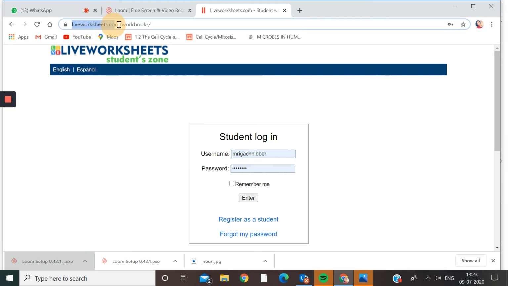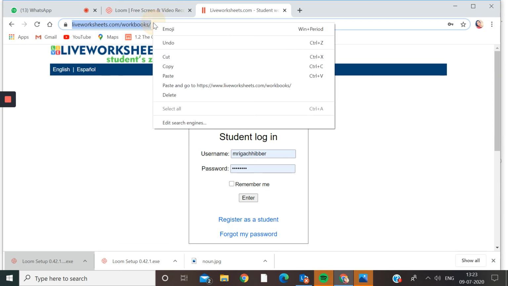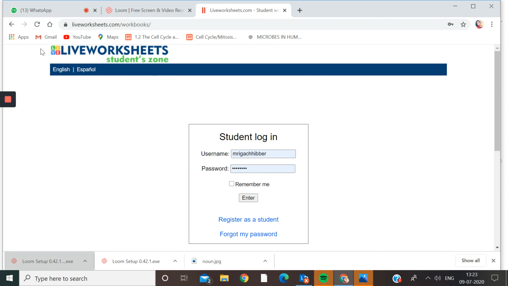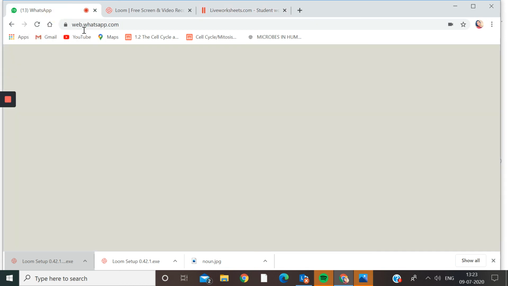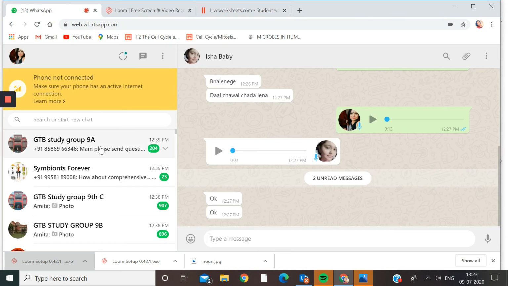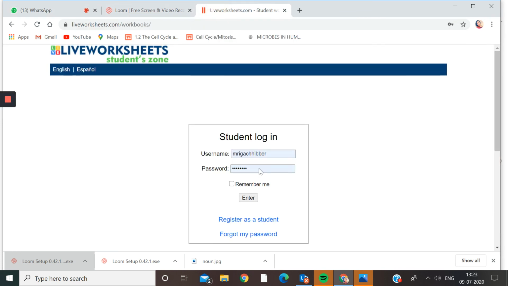Select the URL, copy it, and then open your WhatsApp, and to whichever class you want to give this worksheet, paste it there. The child will enter the username and the password, enter his or her workbook, and do the worksheet.